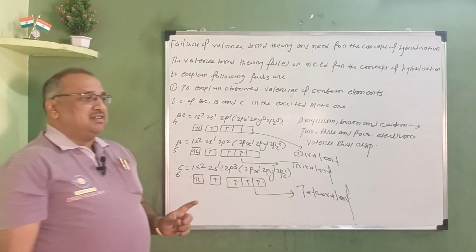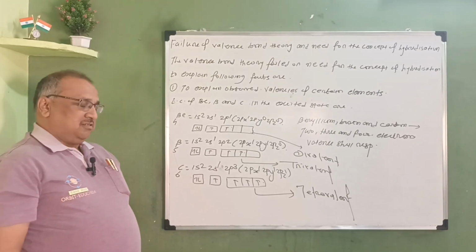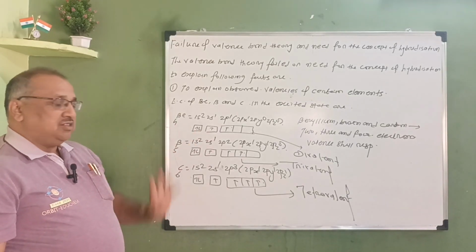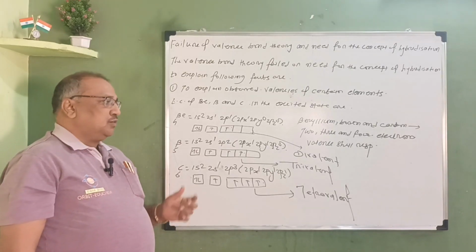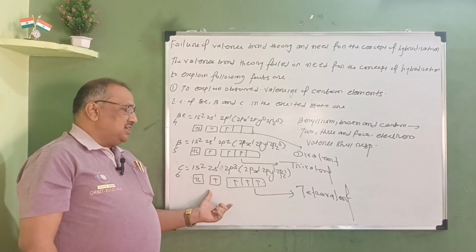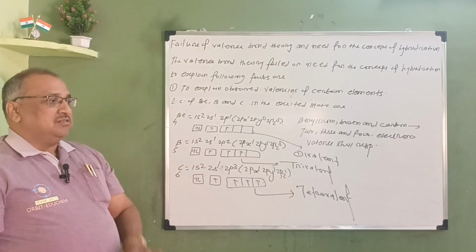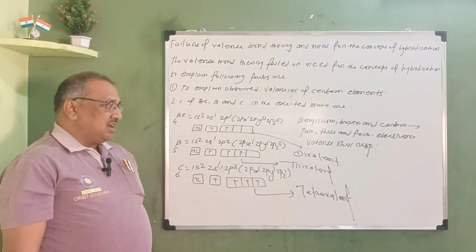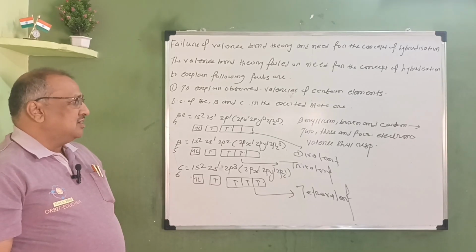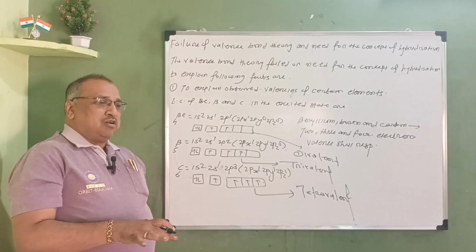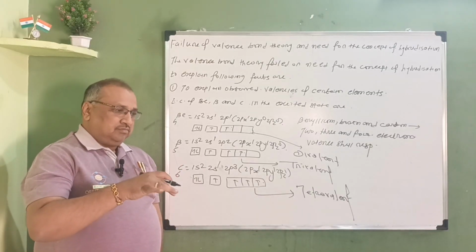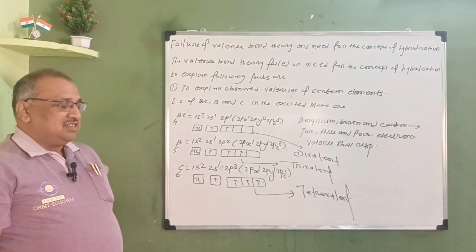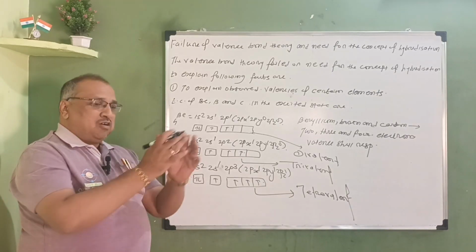Now keep in mind the most important concept here is that according to the valence bond theory, beryllium is zero valent, boron is monovalent and carbon is divalent, but actually beryllium is divalent, boron is trivalent and carbon is tetravalent. That can be explained on the basis of promotion concept, which is also called the excited state, and this is the origin of hybridization.